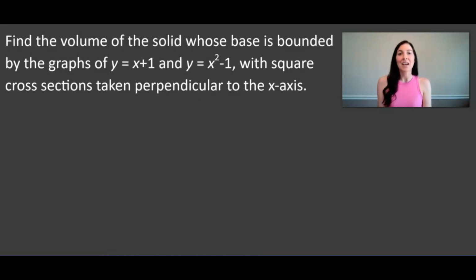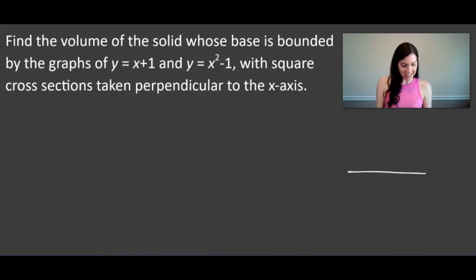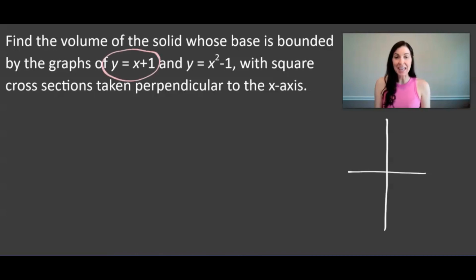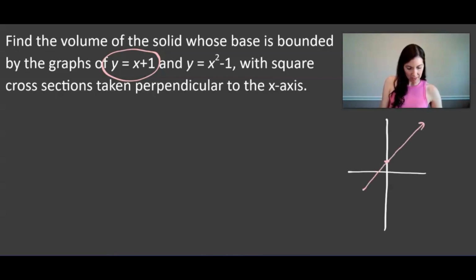bounded by the graphs of this linear function, y equals x plus 1, and this quadratic function, y equals x squared minus 1, with square cross-sections that are taken perpendicular to the x-axis. So let's first think about this visually. I'm going to sketch an x and a y axis, and then I'm going to graph the linear function y equals x plus 1. That would have a y-intercept of 1 and a slope of 1, so it looks something